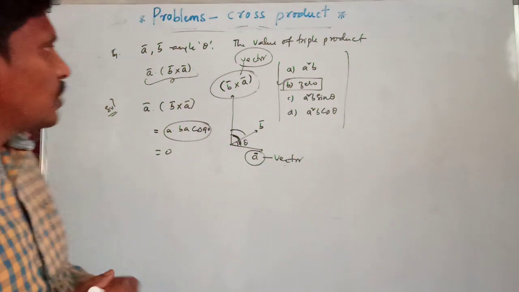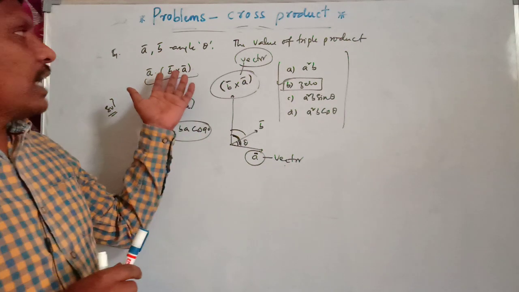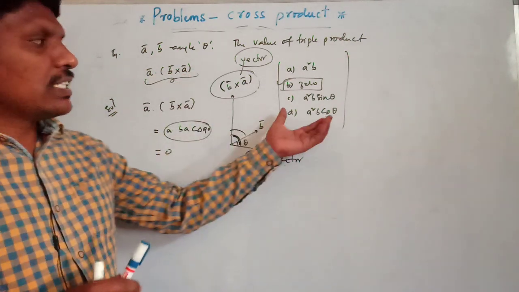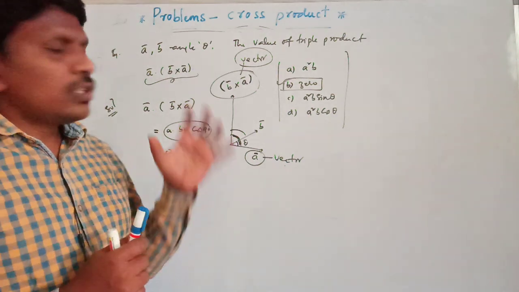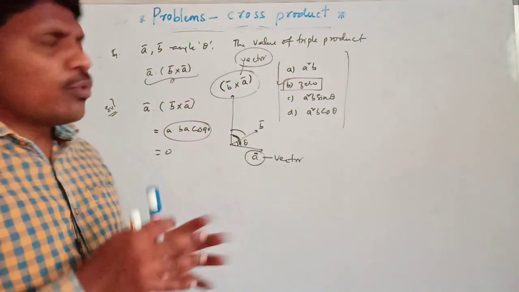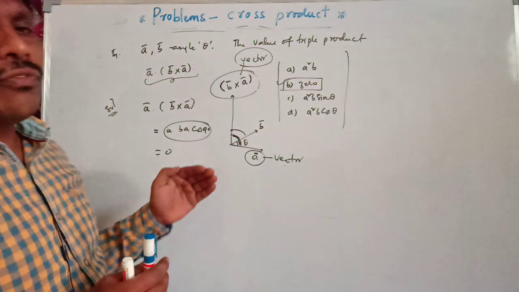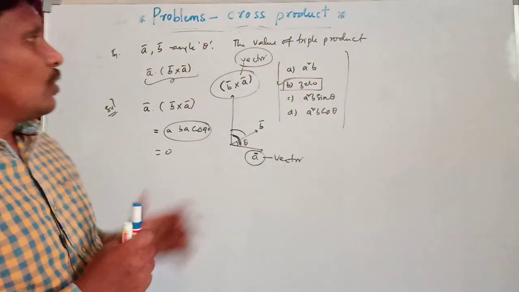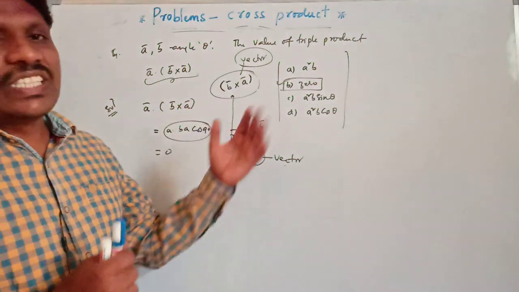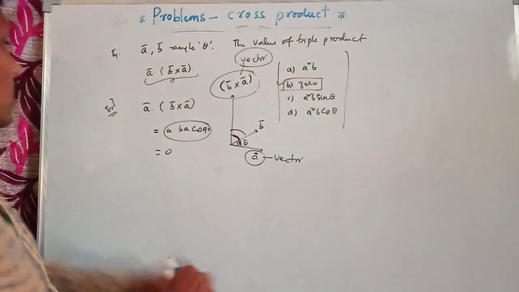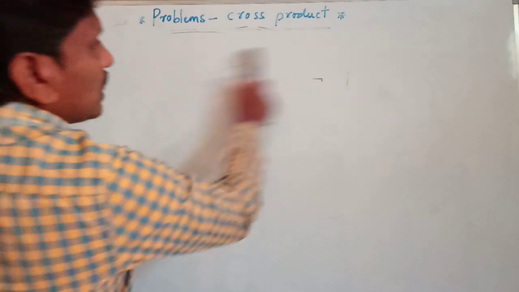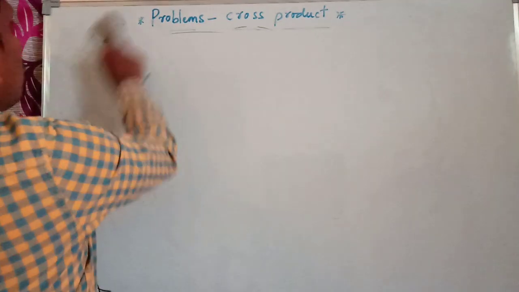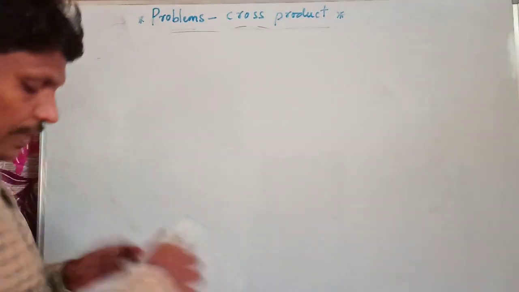Without checking any options, we can directly say the answer by observing and understanding the diagram. In physics, diagrams are very important. From the condition we need to write the diagrams, which tell us the result. Now let us do one more thing. Without wasting time, I am going very fast.